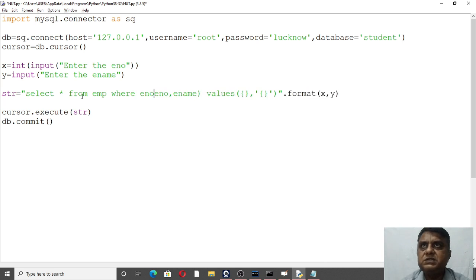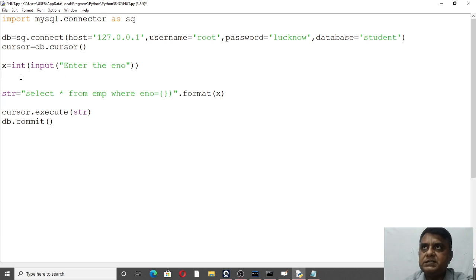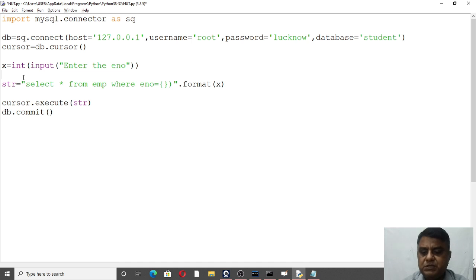Here we want to search the record by the employee number, whether it is available in your database or not, using Python. Otherwise, you can directly see it in MySQL itself.